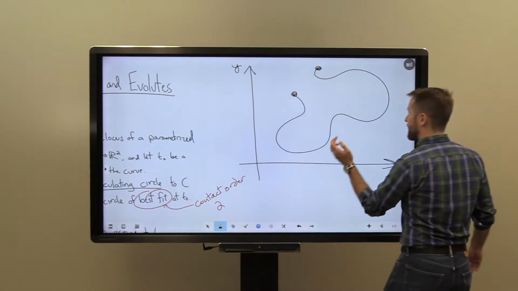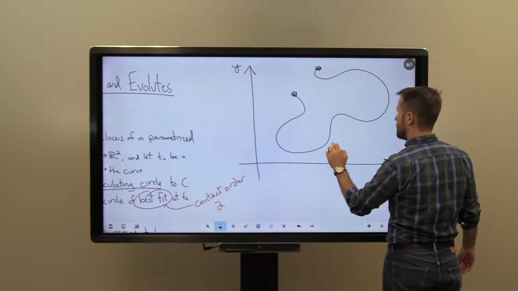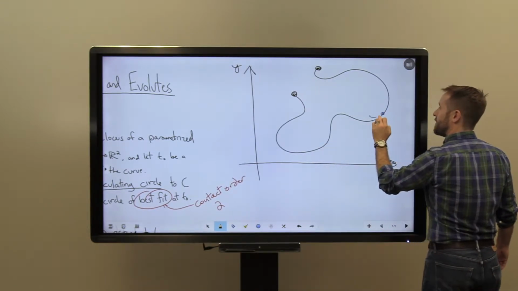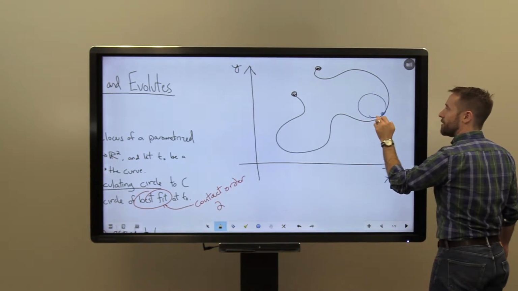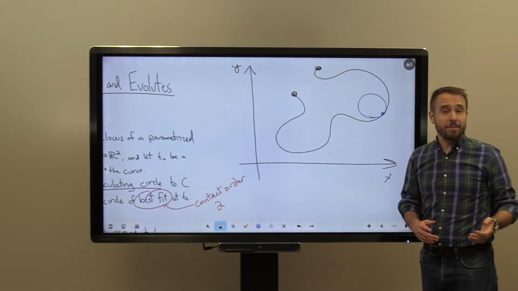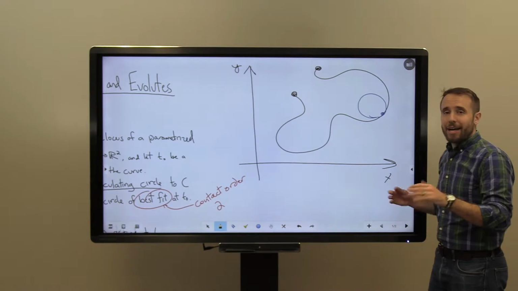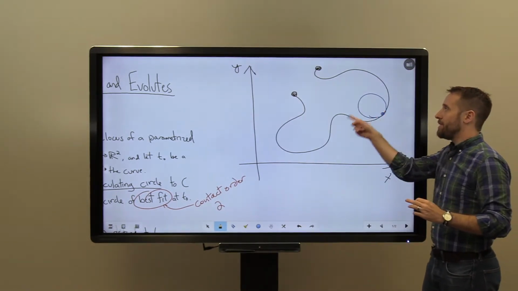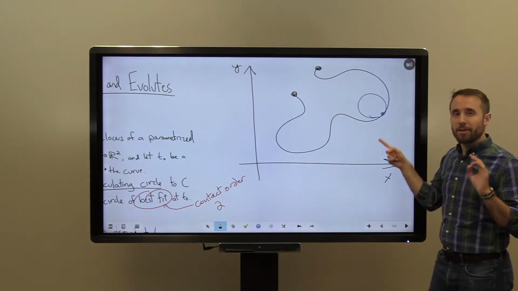Right, if I choose a point, and let's maybe choose this point right here, and maybe this is my oscillating circle there, right? The oscillating circle is also not a function. So neither of these are functions. What do I mean when I talk about the contact order between these two objects at this particular point in